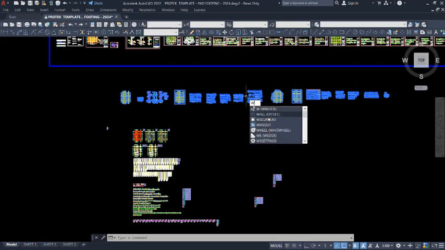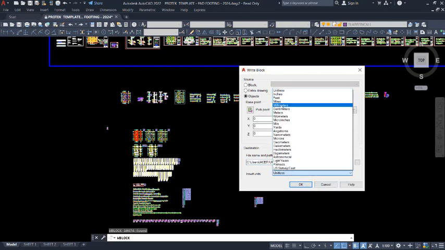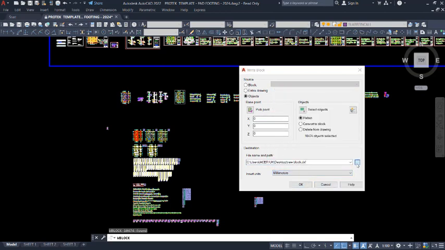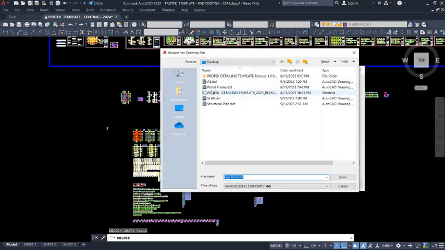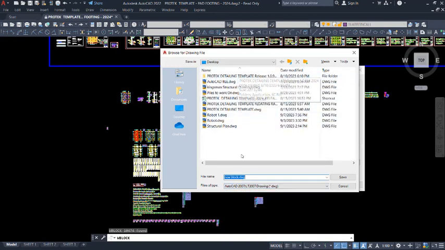type W on the keyboard, enter, and then you have this dialog. Change the unit to millimeters, and then click on these 3 dotted provisions. It will take you to these provisions where you have your desktop, which you can navigate to wherever you want to save these drawings. Change the file format, and then you can save it in DWG of any version, just like this,